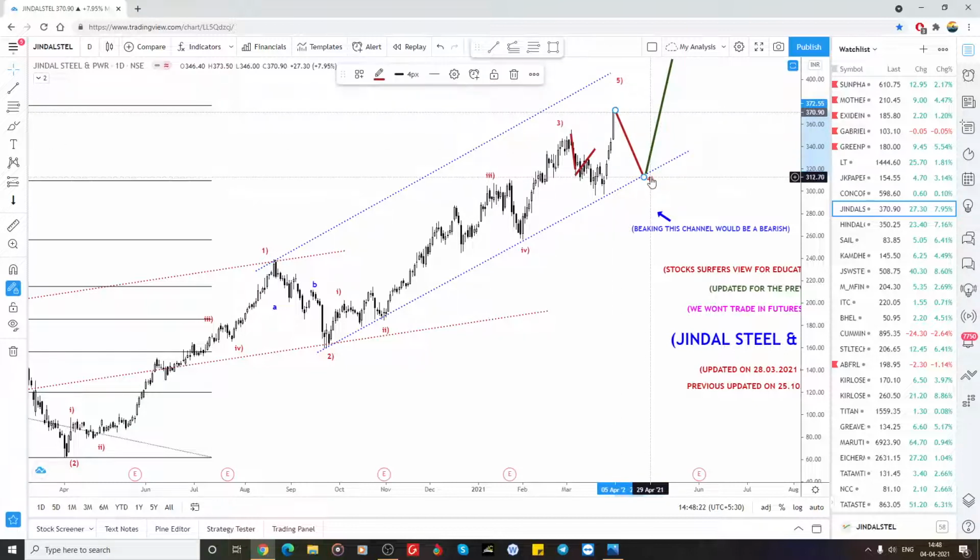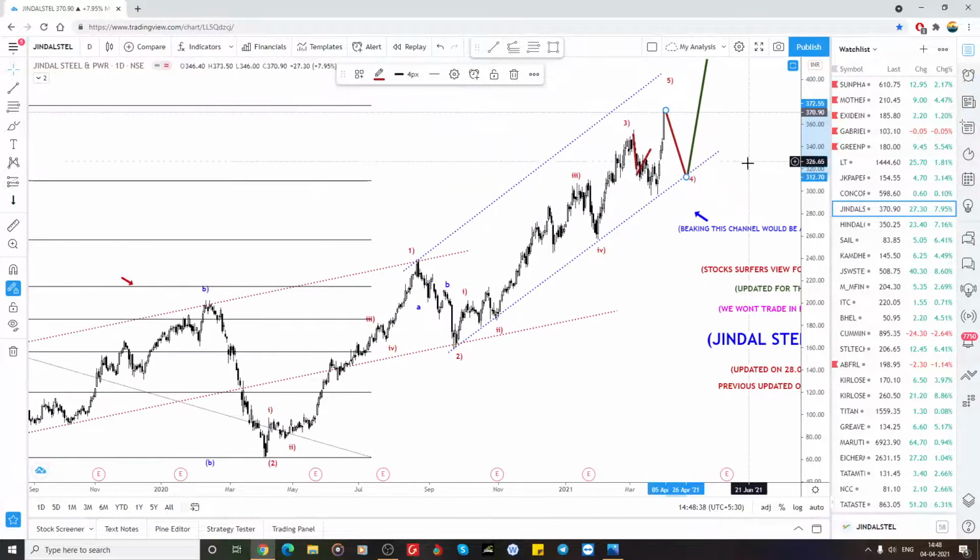So wait for the entry. If it did like this, that is a good buy with the stop loss of this 260, and if you enter at a 315, nearly that 260 means 45 points. Yeah, 45 points or 50 points is the maximum target stop loss, and it will reach up to that 400. So that will be a good risk reward from here in the Zinda.